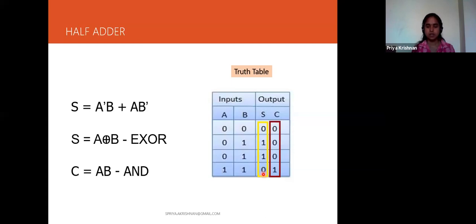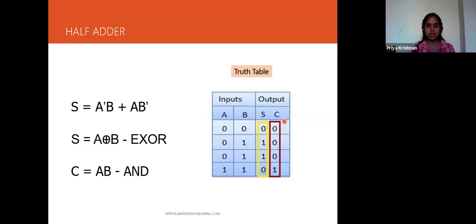Yes, Rahul has given it. It is the XOR gate. XOR gate will give me this output. So in the place of S, I am writing the expression S is equal to A XOR B.